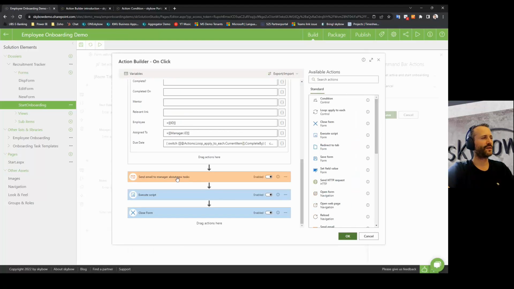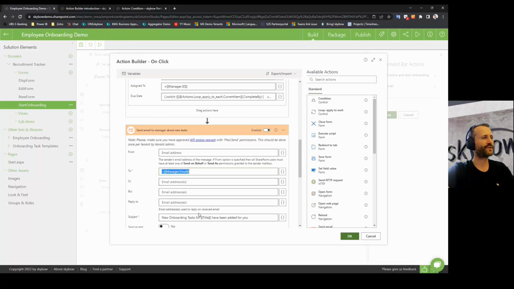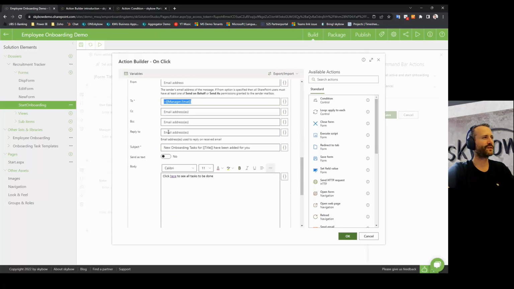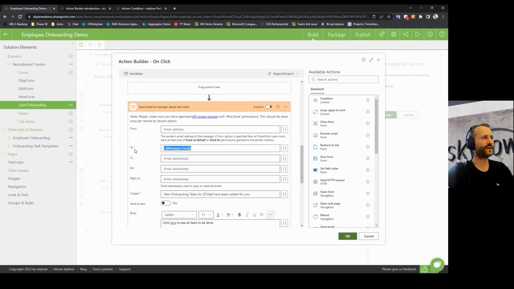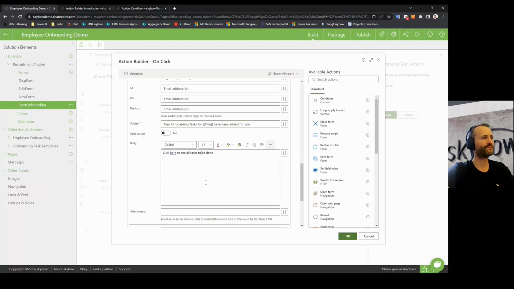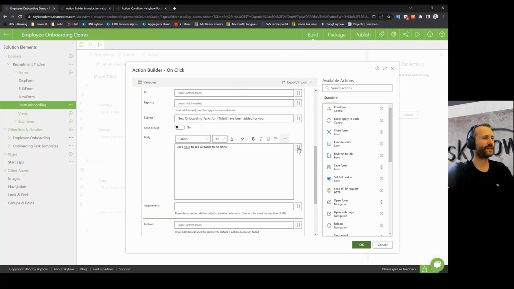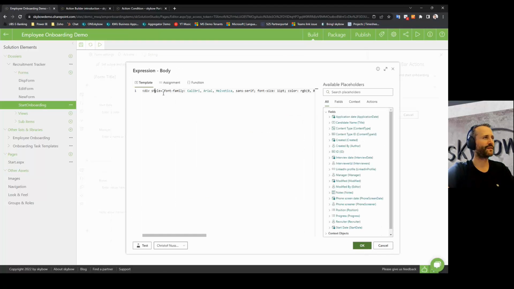Last but not least, we're going to send an email to the manager, and the send email action is simple. It can be defined the to field, CC if needed, the reply address, the subject, which can be dynamic as well, having a title field in here, and then a simple body. And here, WYSIWYG, you can just write, make it bold, and the link I've also made dynamic back here. That's the HTML which is generated, and then somewhere at the end here,